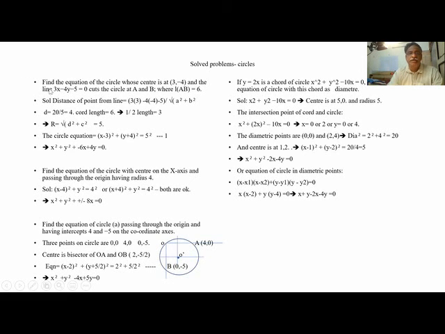So what is the distance of the point from the line? We substitute into the formula, divided by the square root of 3 square plus 4 square. We know this from the straight line equation: 3 into x minus 4 into minus 4 plus minus 5, divided by root of a square plus b square, will give the distance of this point from the line. So once we get the distance, we have the half chord, and we can get the radius.